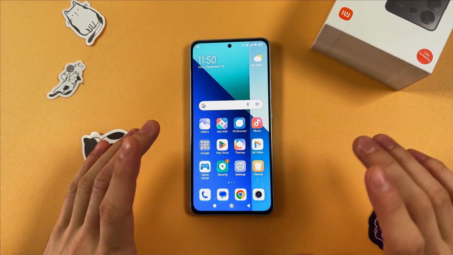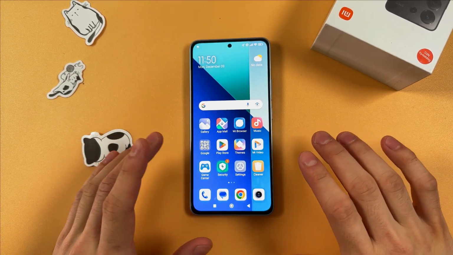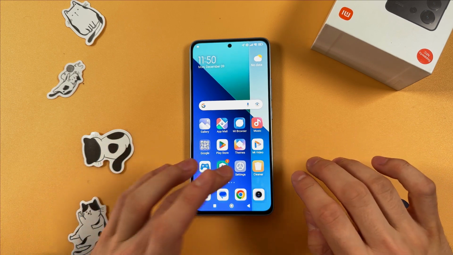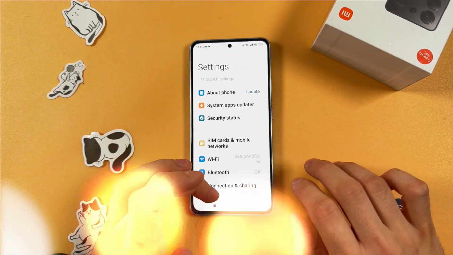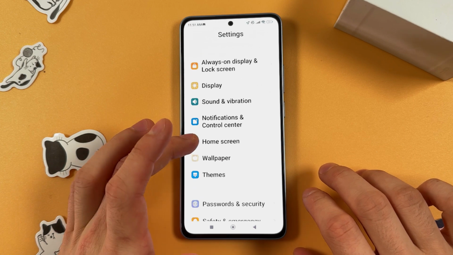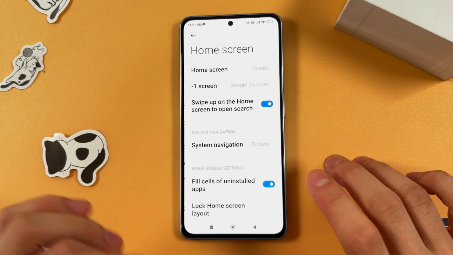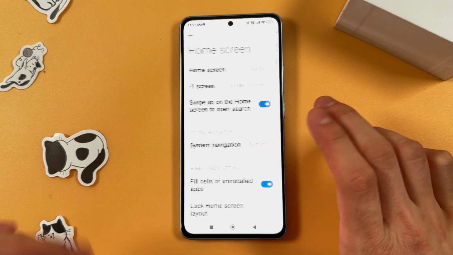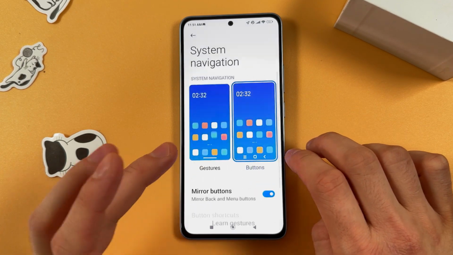Hello everyone. So if you want to switch from button navigation to gesture navigation on your Redmi Note 13, first of all open up your settings. Now you're gonna scroll down to your home screen section. Here it is. In your home screen section, find your system navigation tab, open it up, and here simply choose